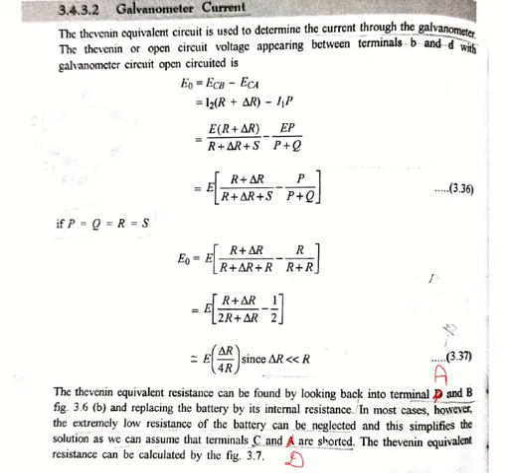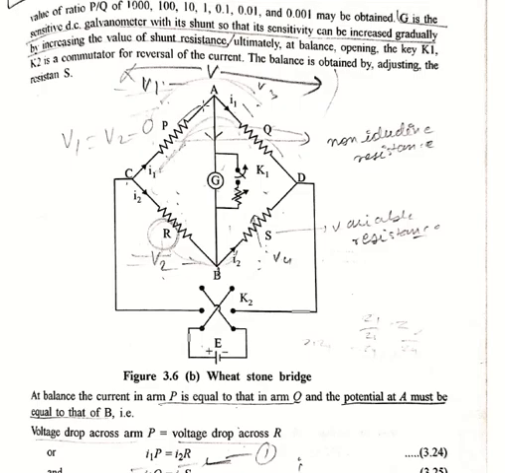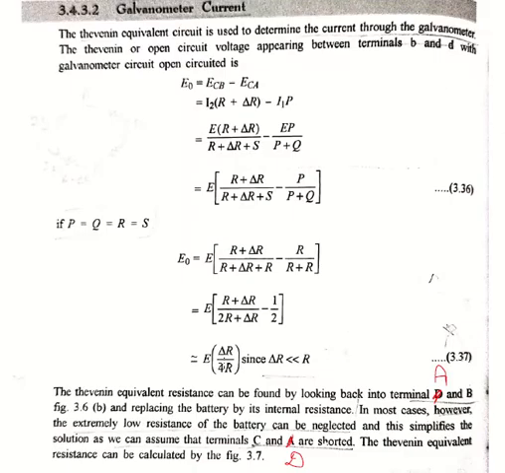So once again, looking at the bridge. This was our Wheatstone bridge connection. For solving the Thevenin equivalent circuit, we will be finding our RTH across this A and B, and across this A and B we will be finding our Thevenin open circuit voltage appearing across this. So now coming to the derivation. The Thevenin open circuit voltage appearing across terminal B and A, this will be A.